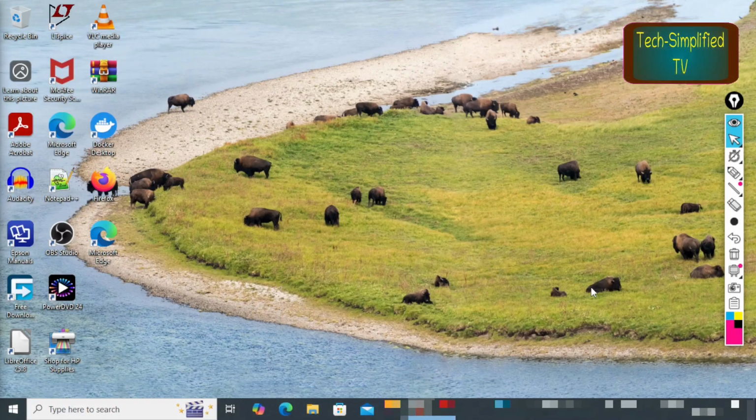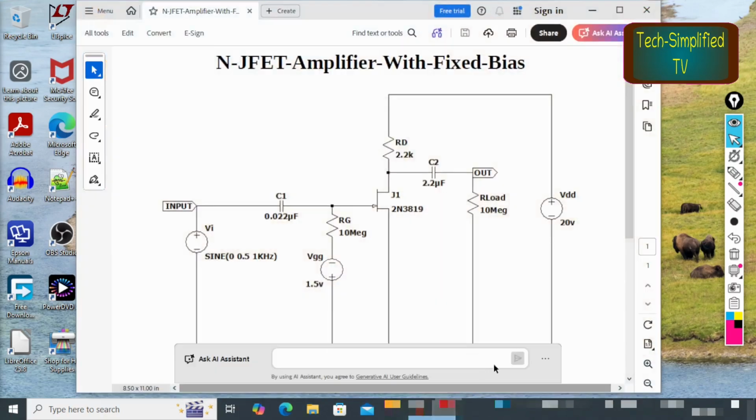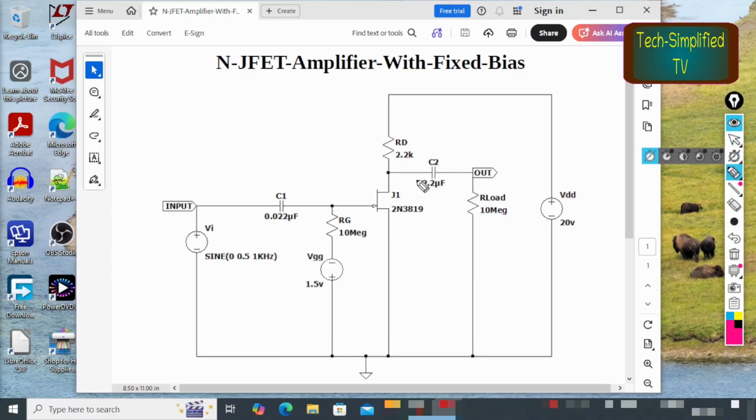Hey guys, welcome back. In today's episode, we will be constructing our N-JFET amplifier with fixed bias. This is the circuit that we will be using, and for that we will be using our N-JFET with model